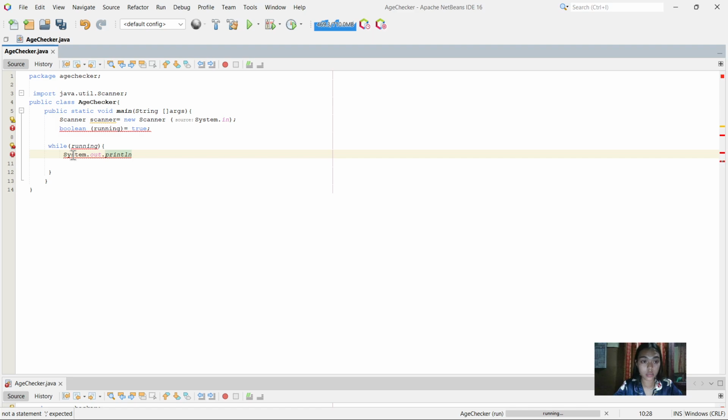So during this part, the console will ask you to enter the age or any positive number.